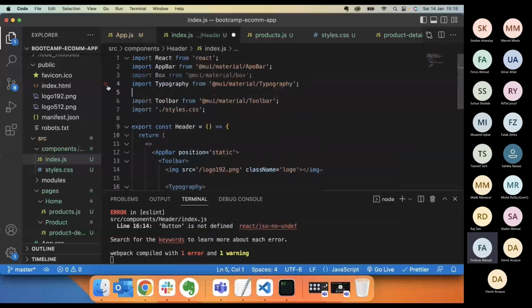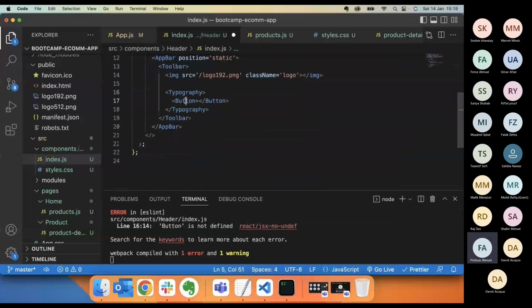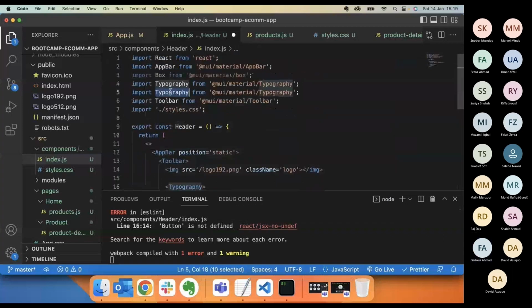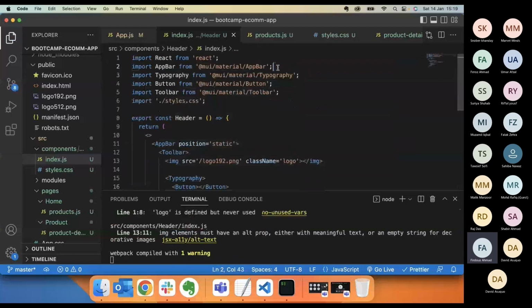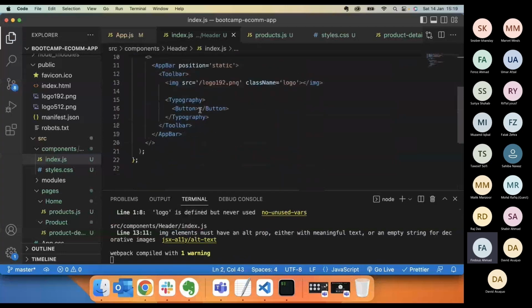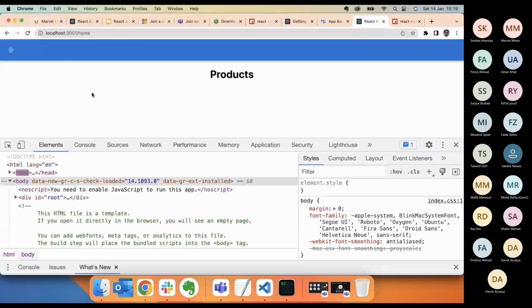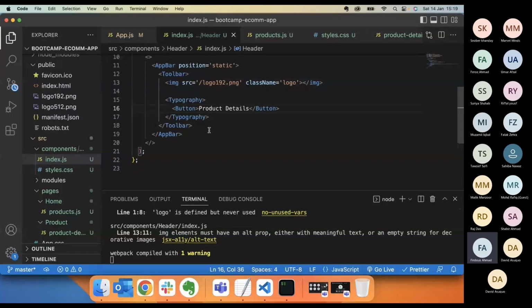So let's import button also. Button and fine. So now we are good. Okay, तो button में आप एक option डालोगे called product details. Okay, तो यहाँ पे let's see, this is the logo and you should see the button option here called product